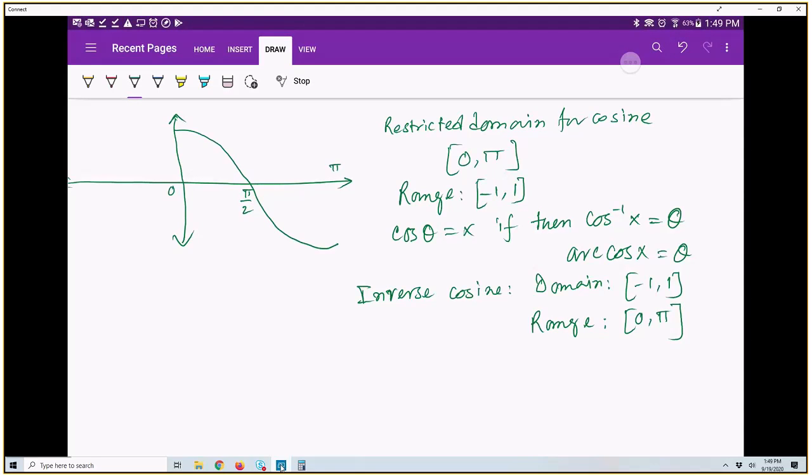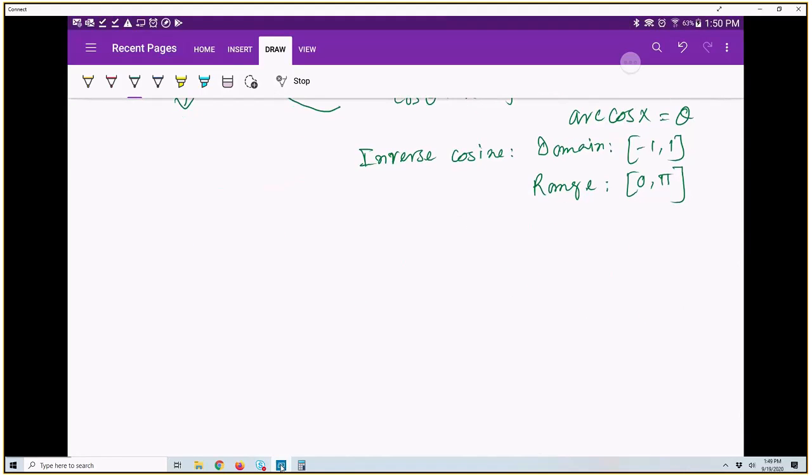The other inverse trigonometric function that is important is the tangent function. Now remember, tangent also has this periodic nature, so we will just get one of those periods between -pi/2 and pi/2, and we will get the entire nature of the tangent function. So that's the tangent function we're going to keep. And we will say restricted domain for tangent this time